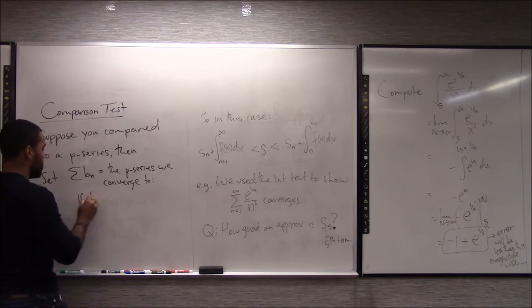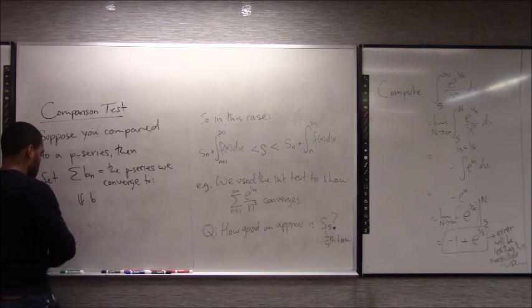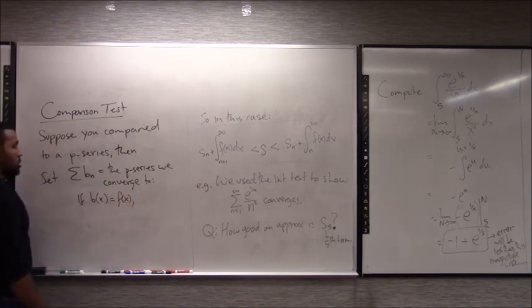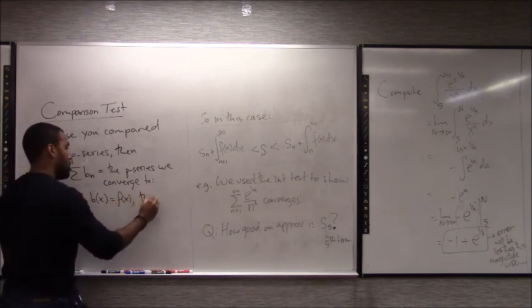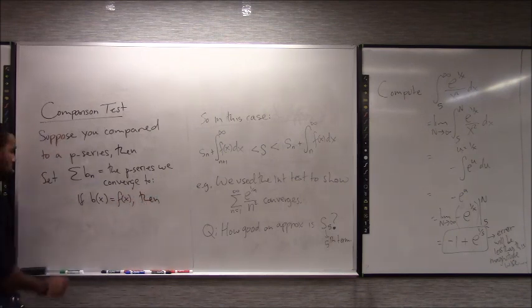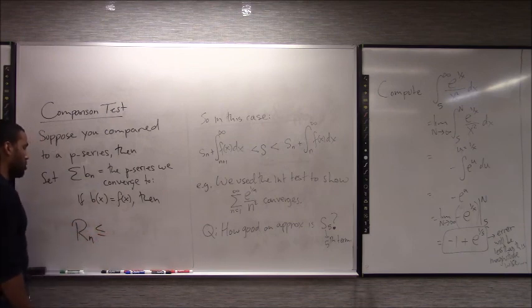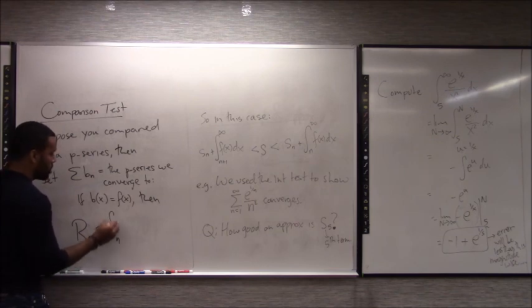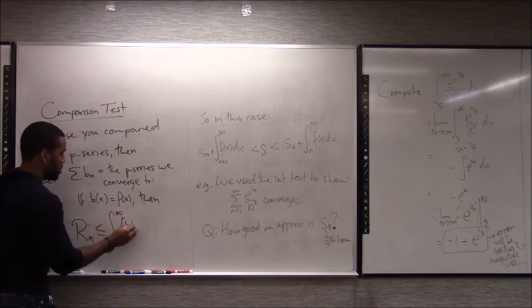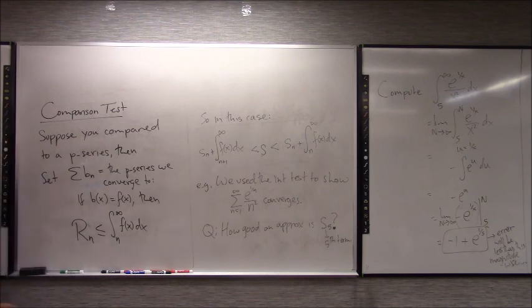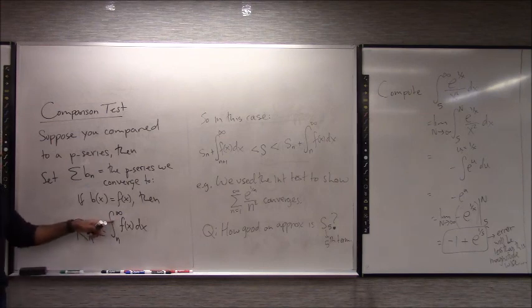And if B of x equals f of x, then it'll actually look a lot like the integral test. The remainder term is going to be lower than that. It looks very similar to the integral test because you can actually use the integral test to show that the